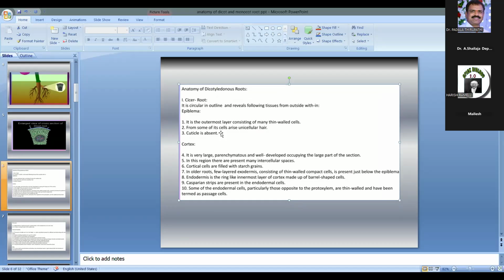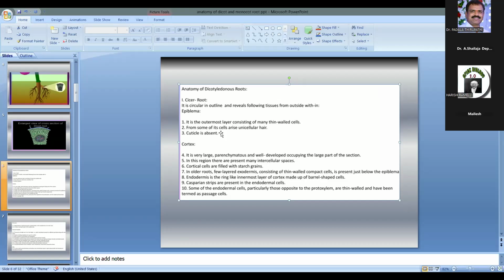The epidermis usually lacks stomata and cuticle. So in the root anatomy, stomata and cuticle are usually absent. Remember this. In some herbaceous perennials, where the epidermis is long-lived and acts as a chief protective tissue, the walls of epidermal cells are cutinized. Breathing roots in the halophytes possess specialized pores in the epidermis. These are called lenticels. So remember this: lenticels are observed in the halophytes.